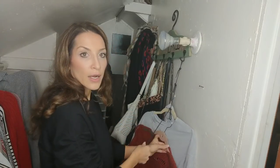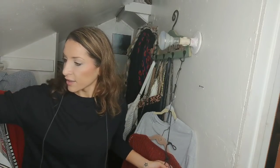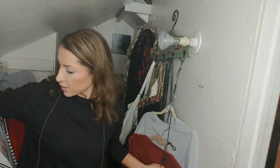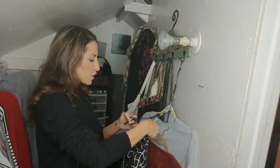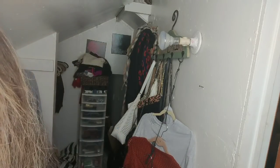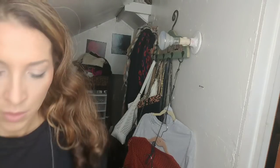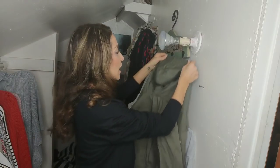Oh, this is working, you guys. Okay. This is cute. And then we're going to hang our khaki top off of this third hook. This is great. Okay, and then he was saying you're going to take your jacket, right? And you're going to hang it off of this top hook